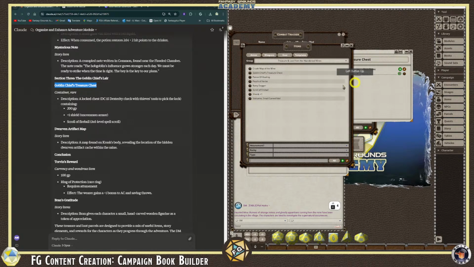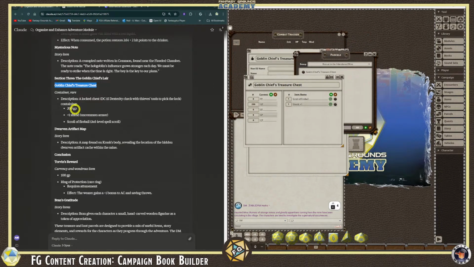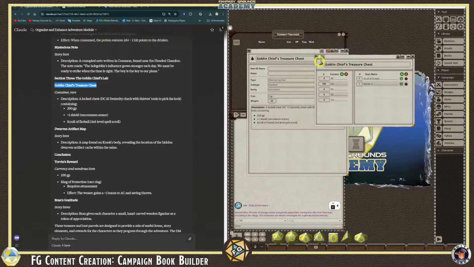So here's the shield, and here is the scroll of fireball. So that's essentially all the treasure in here. The 200 gold, +1 shield, and a scroll of fireball. So now that you have that, you can link this to the actual item. So that makes it easier to access it when you need it, instead of having to go dig through the interface looking for it. And I think that's where a lot of adventures or adaptations kind of go